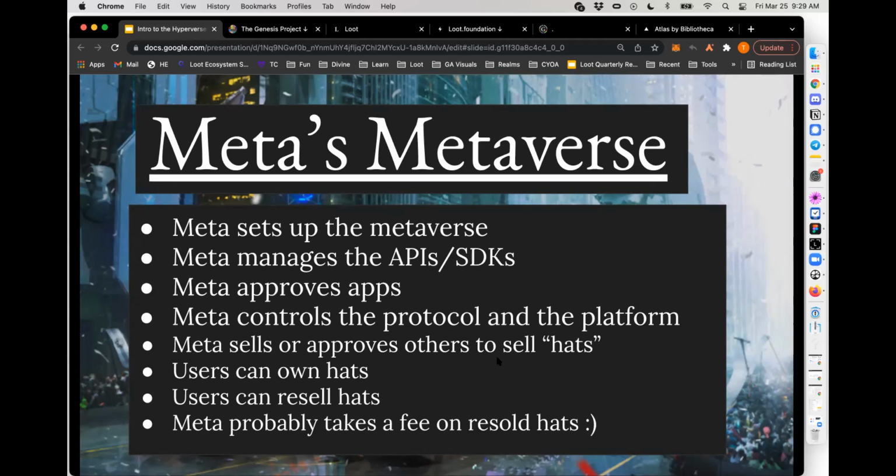But I'm going to share a counterpoint to this, or maybe a different way. It's almost like companies versus open source. But let's stay on this metaverse concept for a second. Meta sets up the metaverse. It's VR, Oculus experience, great. Meta manages all the APIs and the SDKs and makes sure that they're clean and safe. Meta approves your app. Meta controls the protocol. And they do give the users the ability to kind of own digital goods, which is great, and also sell their digital goods, which is great too. But they're surely not giving control of the platform to the users. And they're surely not giving control of the entire company to the users.